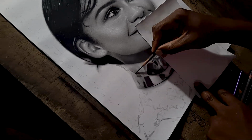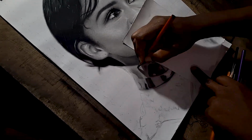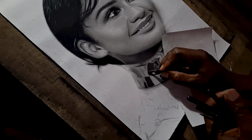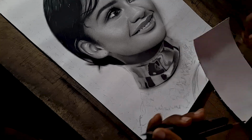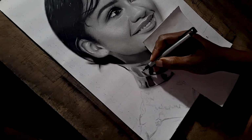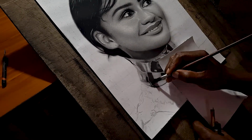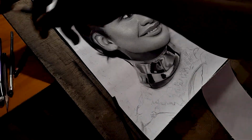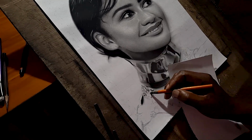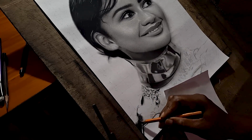You can start shading with an HB, and you need to do a little bit more practice. With time you are going to get used to how to control your pencil pressure. This is really important because this is the main thing behind achieving a smooth, realistic skin tone. So you need to be patient and try to create the pencil strokes close to each other